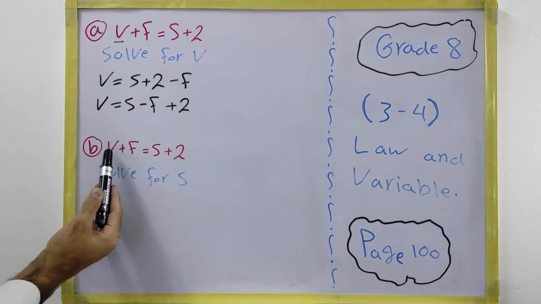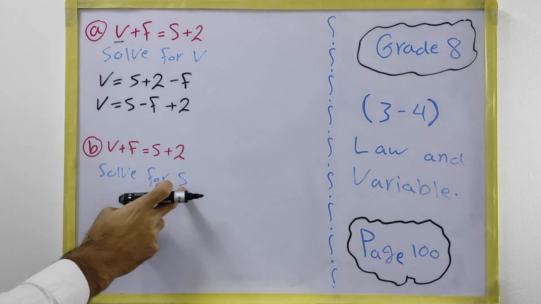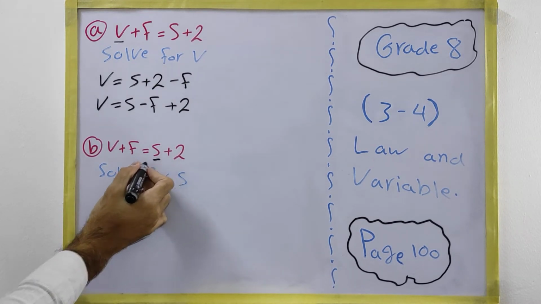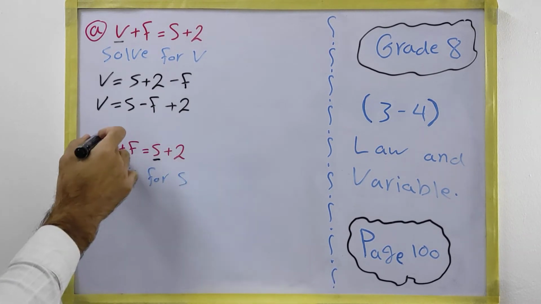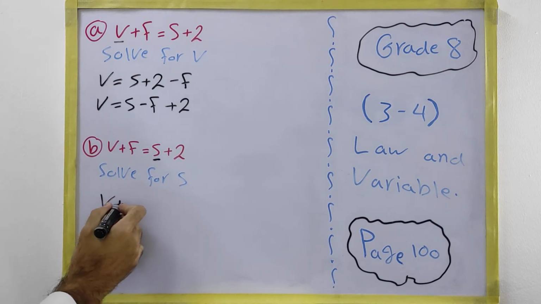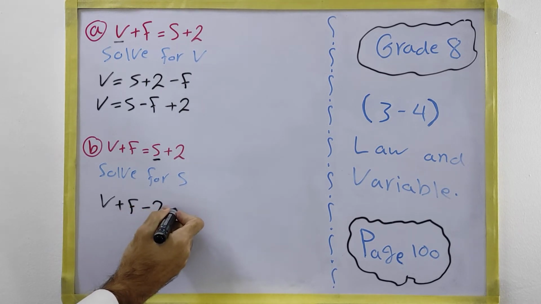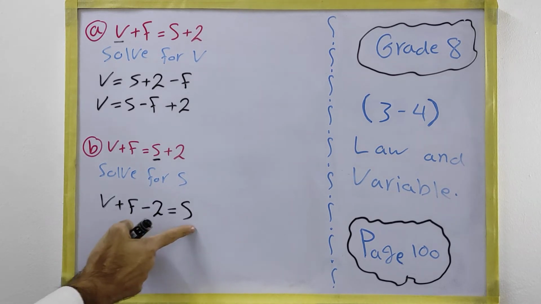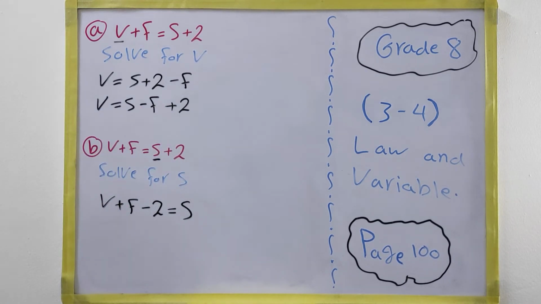In the next one, we have v plus f equals s plus 2. In this case, it asks us to solve for s. Solve for s, it means we need only s on one side of the equation. What else do we have with it? Plus 2. Plus 2 we bring to the other side. V plus f minus 2 equals s. That's all about solving this equation, where we have only s equals something. Here we just have equals something else. That's how we solve